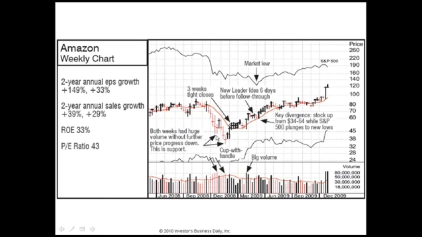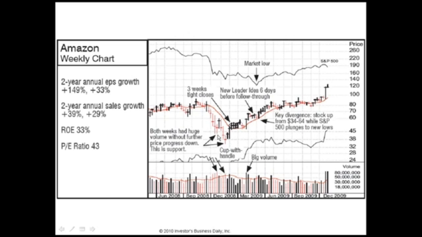Notice there were 1, 2, 3, 4, 5 weeks that are red as you're coming down, and the volume's getting higher and higher and higher. But notice the last 2 red weeks, the first of the 2 closes up around probably about 40% off of the low, and it wasn't down as much as the prior week was down substantially, but this is on an increase in volume, and it does not close down as much, and it closes up off the low. That's showing you institutional support at that time.